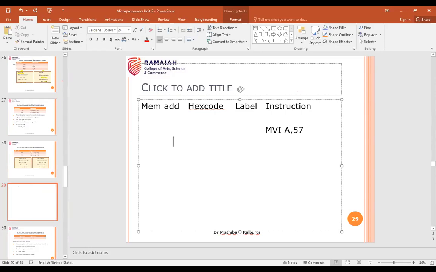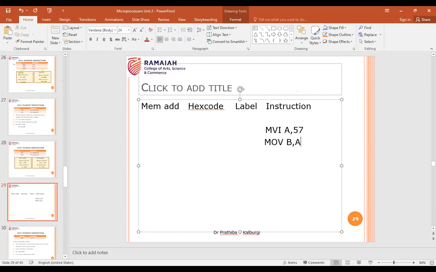The next instruction is move. What is there in A? 57, isn't it? Now this 57 has to be moved into another register.